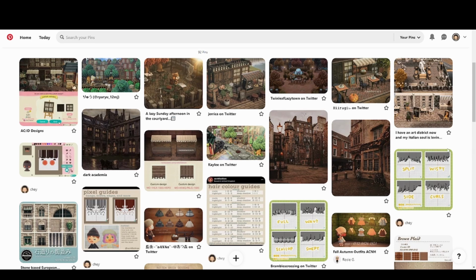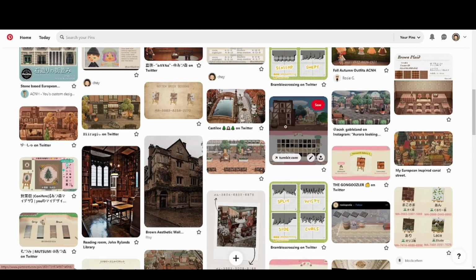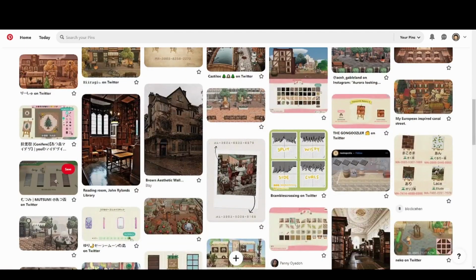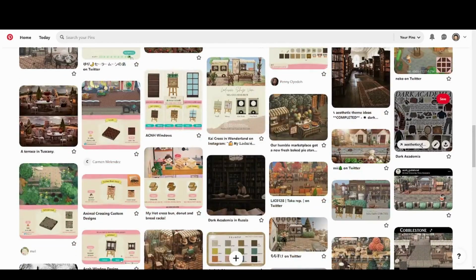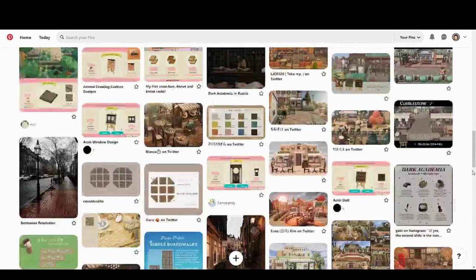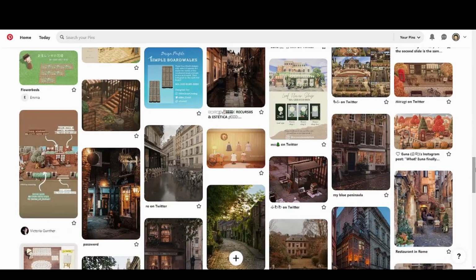I also saved some other things, like some bangs, because I was trying to make my own bangs. But you can see I have some stall designs, some build inspiration from IRL photos and real life photos, and Animal Crossing in-game photos. And then I just have a bunch of random codes, some building codes, some beach codes, blankets, like everything you can find, some inspiration photos, kind of like these collages that give me ideas as well for the color palette that I'm going for. But there's some really beautiful photos here in real life and Animal Crossing inspiration that I plan to use for